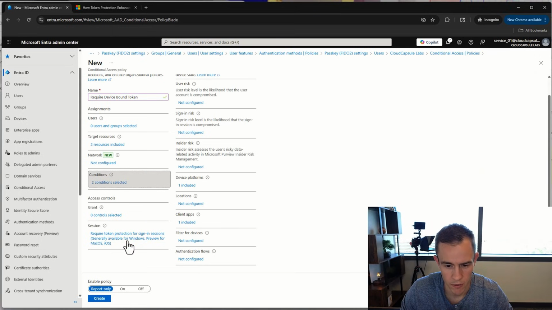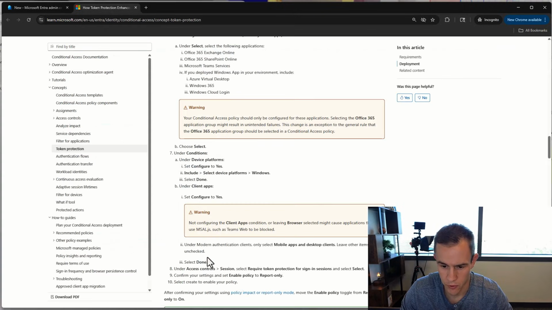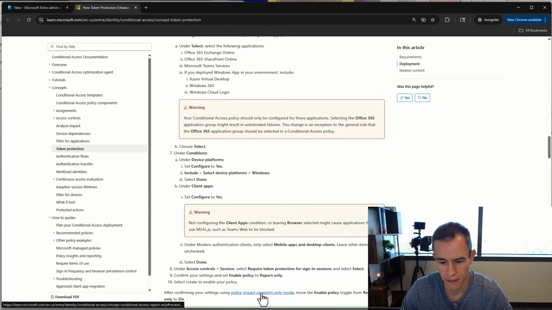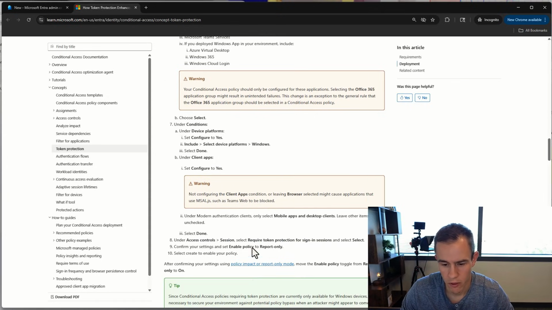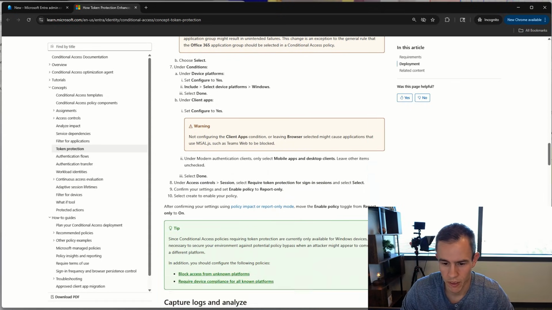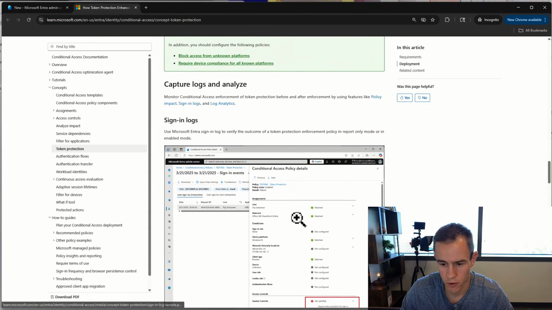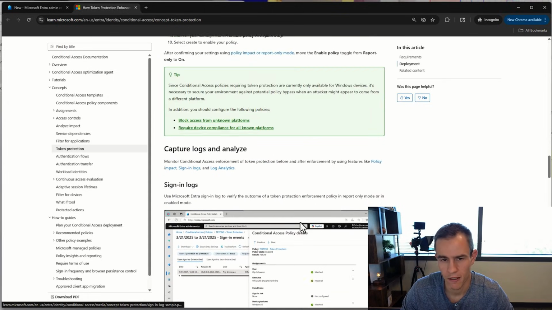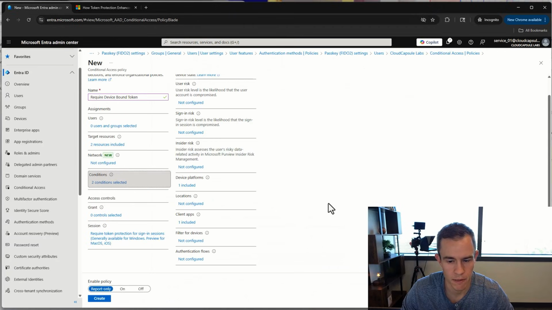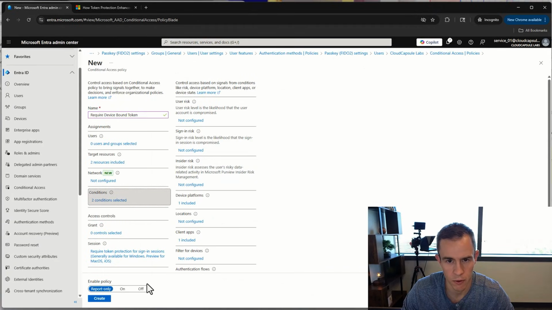And then you're going to require that token protection, which fulfills these policies as well. You don't actually have to select anything under the grant control. So it's a really cool technology, and I hope they continue to expand that, to reduce the amount of limitations. And I did a whole video on this policy specifically, actually, that I'll link within this post in the description as well. And then the very last thing here, guys, that I wanted to talk about with you is